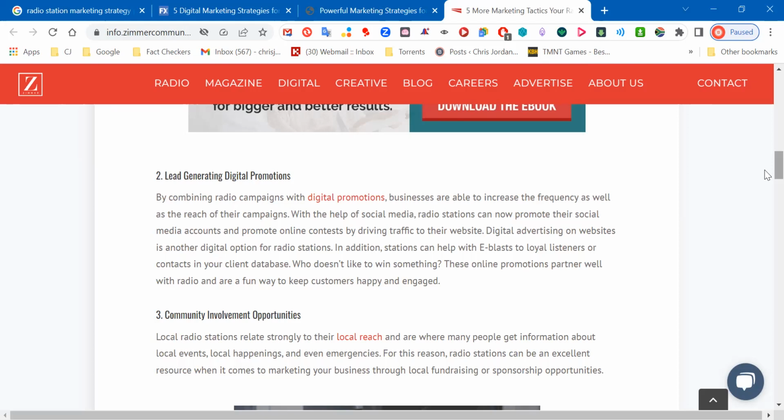Okay, lead generating digital promotions, right? So, what is lead generation? Lead generation is about cultivating a number of people that you could possibly make some money off, whether it be selling a product, for example a concert ticket, or wanting them as subscribers. Subscribers might then pay a certain fee after a certain month for instant access to VIP experiences that the station might have. Anyway, we might be able to coerce them into joining a higher rank than a normal listener.